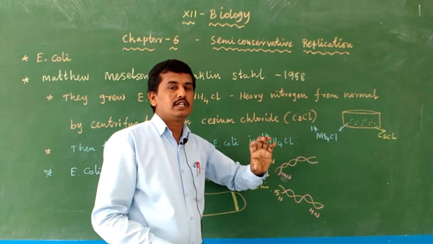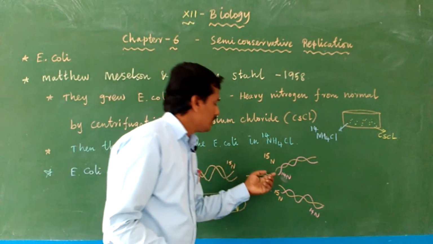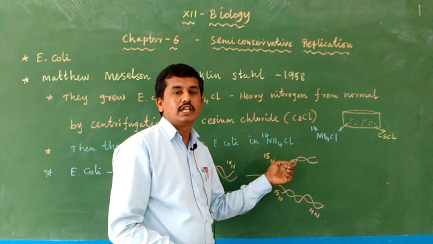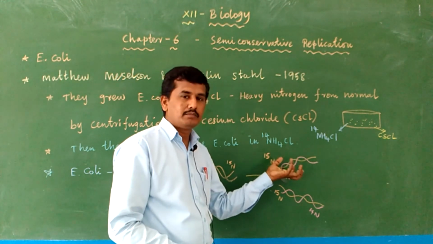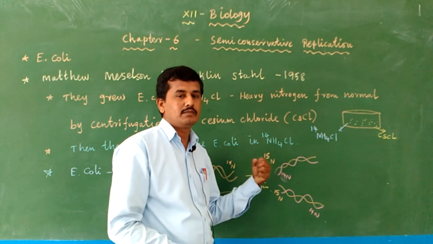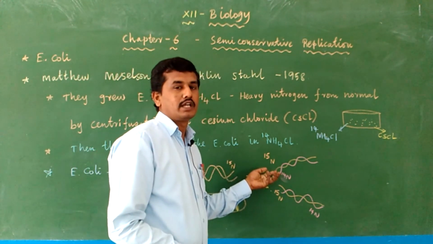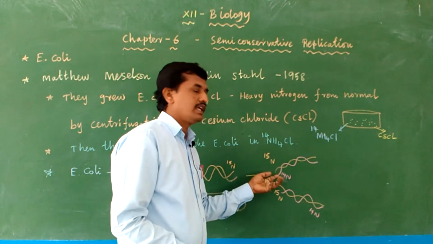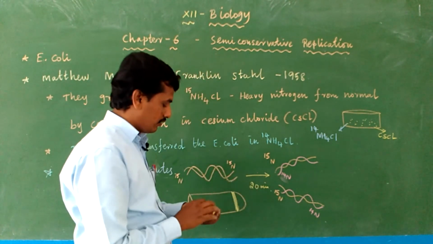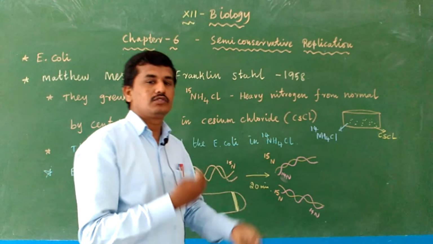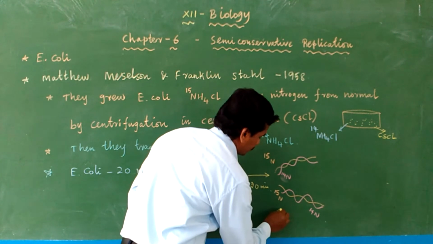This is a little bit less dense as compared to the N15 ammonium chloride. So the newly synthesized DNA contains N14, because we add ammonium chloride 14 to the medium. The bacterium absorbs ammonium chloride 14 from the medium and forms its own new DNA. So the old DNA has N15 nitrogen base, and the newly formed DNA has N14 nitrogen base. The same procedure for centrifugation: with the use of a centrifugation machine, we centrifuge the particular bacterium.